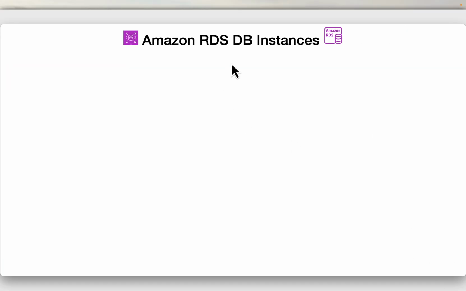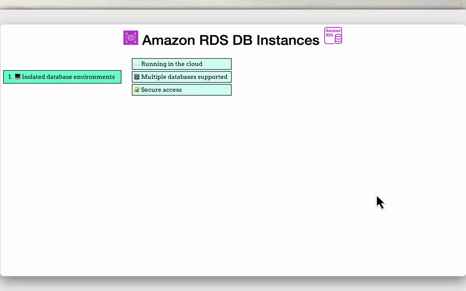Okay, let's see what Amazon RDS DB instances are. You can think of a DB instance as a database environment in the cloud with the compute and storage resources you specify. Just think of it like a machine, but you don't directly see a machine, so it's called an instance. And you can create and delete DB instances, define infrastructure attributes of your DB instances, and control access and security.